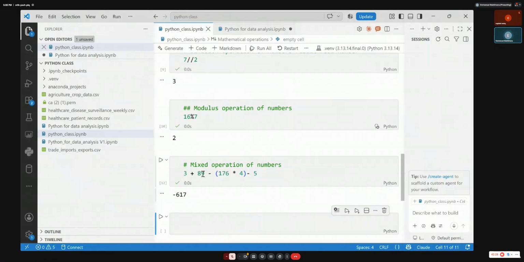NumPy is for mathematical operations. Pandas is for data manipulation, cleaning, and visualization. It doesn't go into machine learning. It's limited to data cleaning, manipulation, plotting, bar charts, pie charts, and so on. But it doesn't go to model and create machine learning.